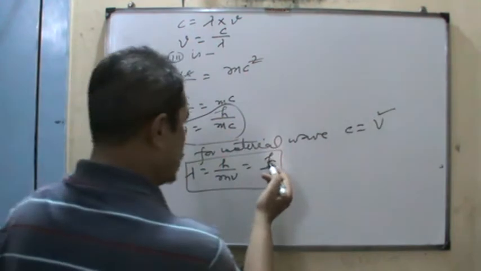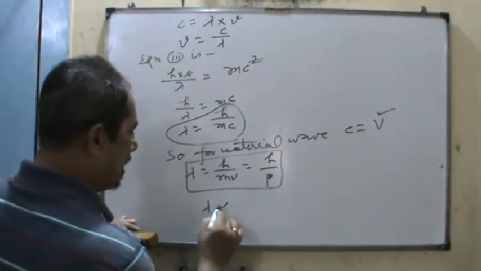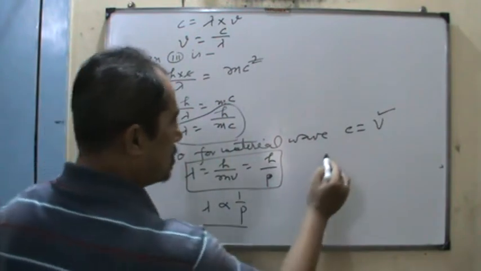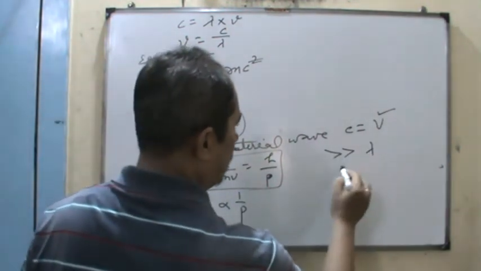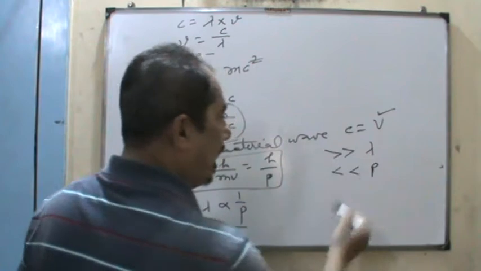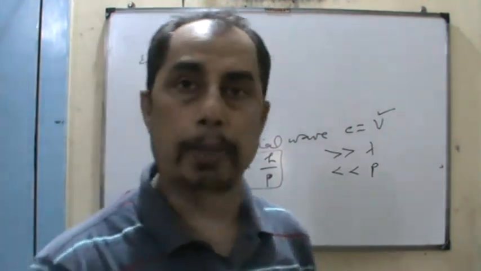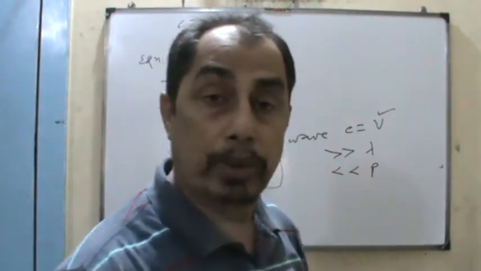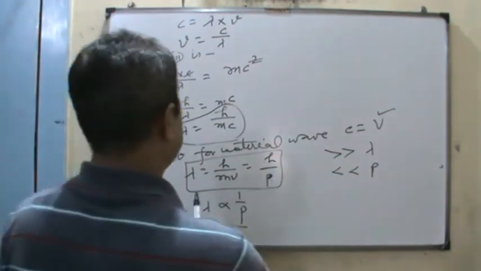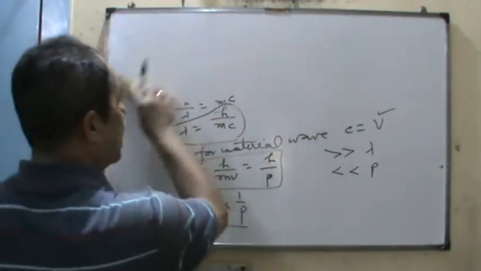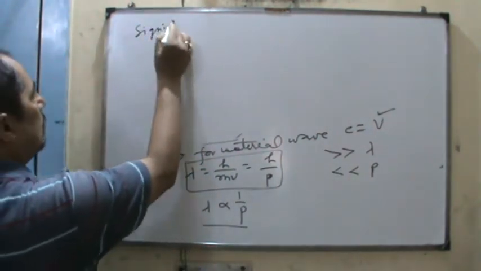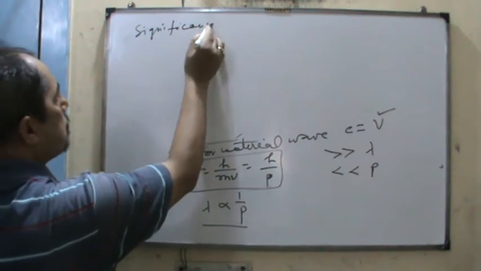Since h is constant, lambda is inversely proportional to momentum, and vice versa. That means the greater the wavelength, the lesser the momentum. Therefore, one question arises: whether the de-Broglie equation is significant in our daily life or not. So, write down the significance of